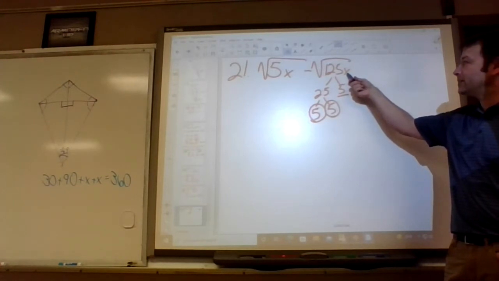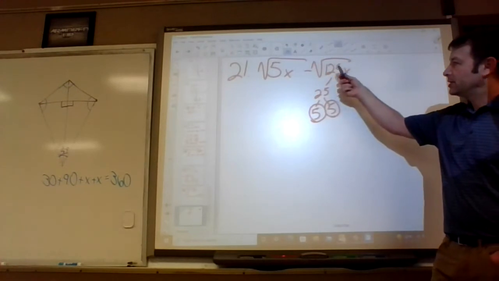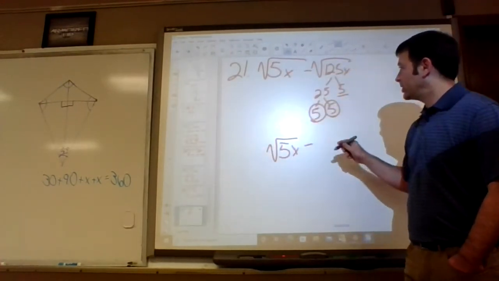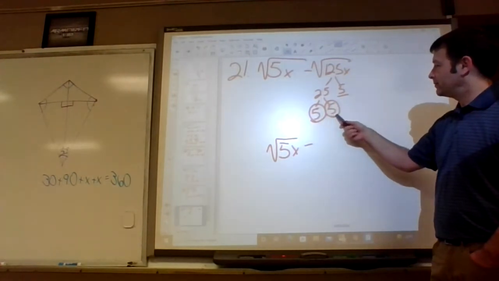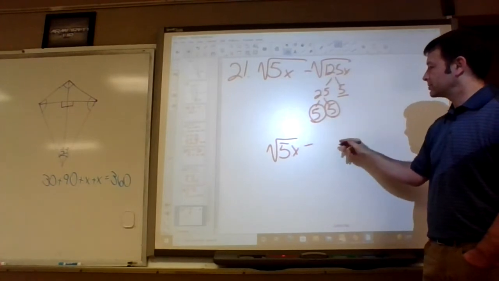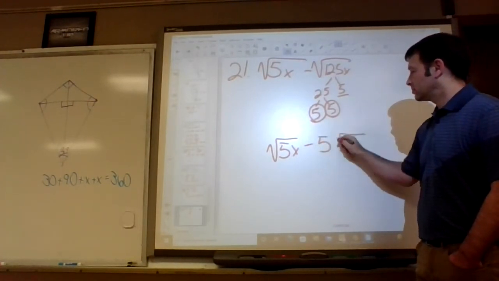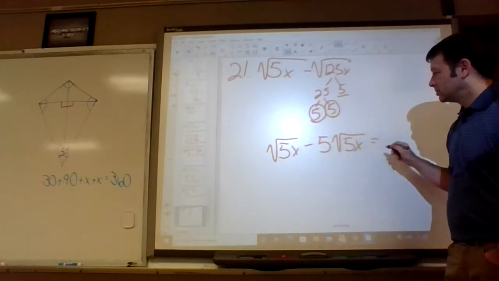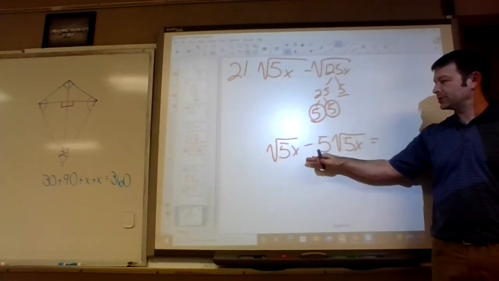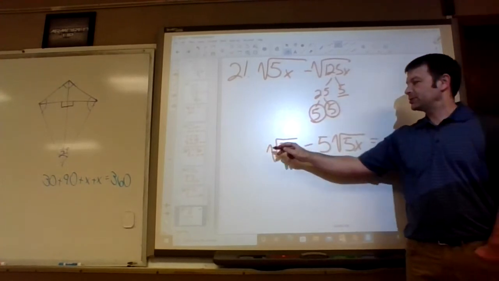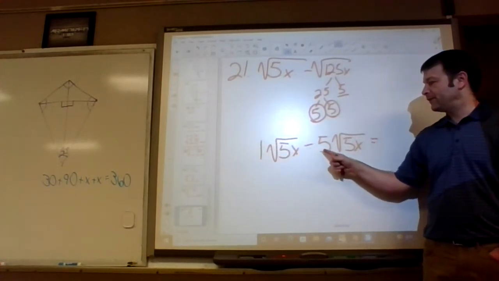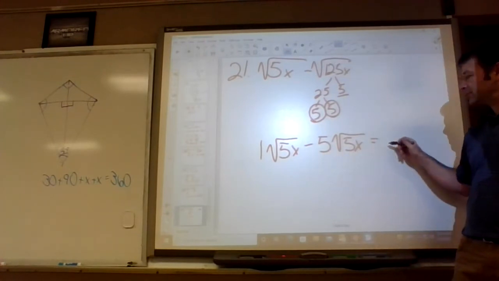Nothing. It's going to stay in the square root. So I got square root of 5x on the front. I didn't do anything with that. Minus 5 square root of 5x. Okay. The square root of 5x makes these like terms. So this is kind of like one of them, right? So we got 1 of them minus 5 of them equals